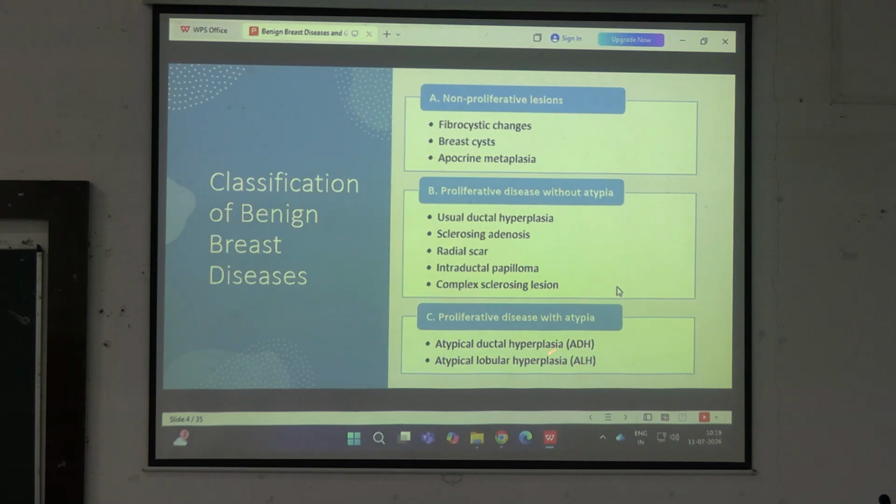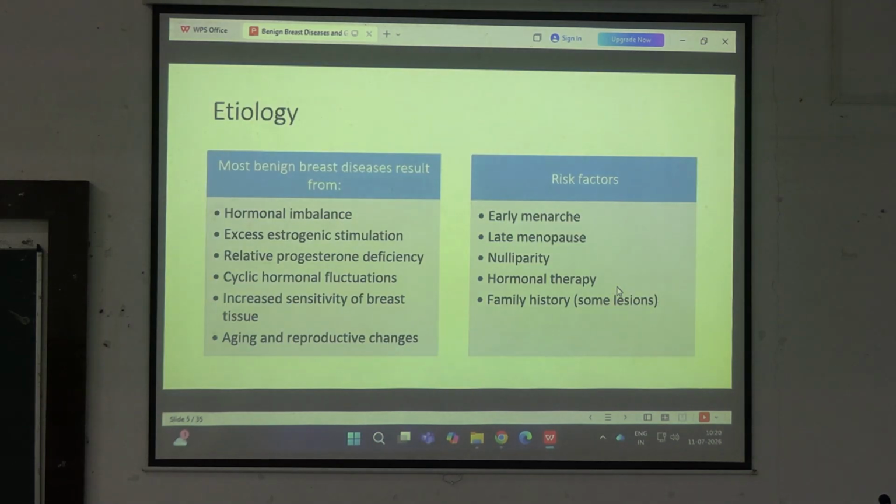Okay, we have to differentiate it from the ductal carcinomas in situ and lobular carcinomas in situ, which will be covered in next classes. So etiology for most of the breast diseases, including benign and malignancy, the most important factor here is the estrogen. When there is estrogen increase or raise, it will give rise to these conditions. So these risk factors will be those which will cause hyperestrogenic states, including early menarche, late menopause, nulliparity, and the hormonal therapies, all will ultimately lead to a hyperestrogenic state.